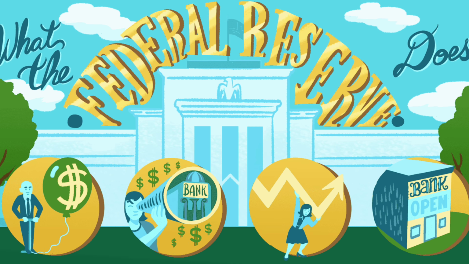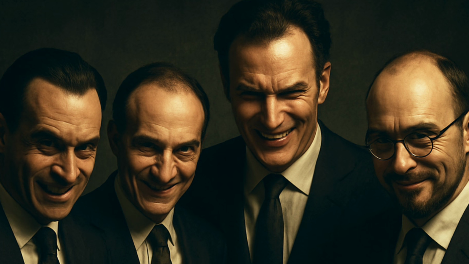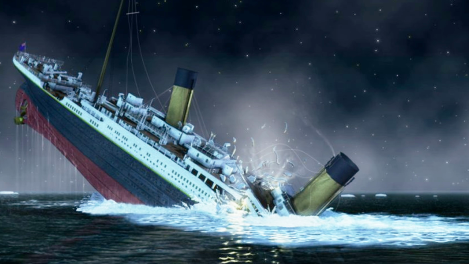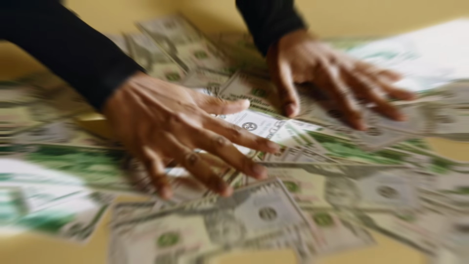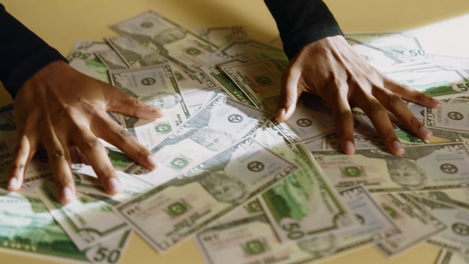The Federal Reserve Act conspiracy is a deep one, and it traces back to the elite of our world, a secret meeting on an island where ancient child sacrifices were made, and even the sinking of the Titanic. By the end of this video, you will understand why the US dollar was created to enslave you.